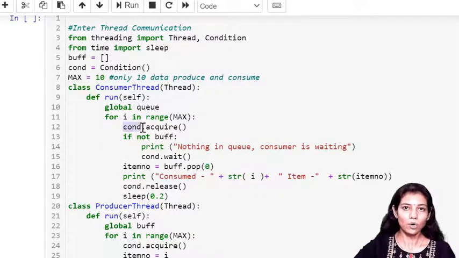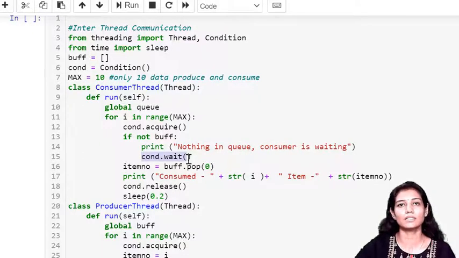The condition object will acquire, so we get the internal lock. Then if the buffer is empty, nothing in the queue, we'll have this message. Then it will go into the wait state, because the consumer cannot consume until there is some item ready in the buffer.